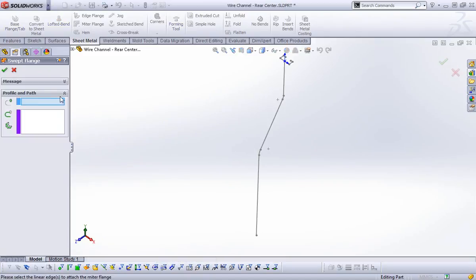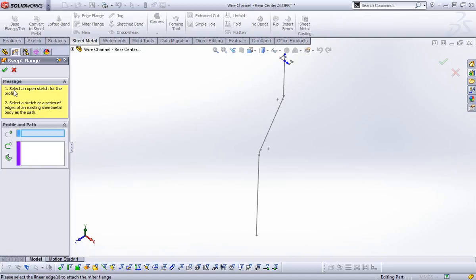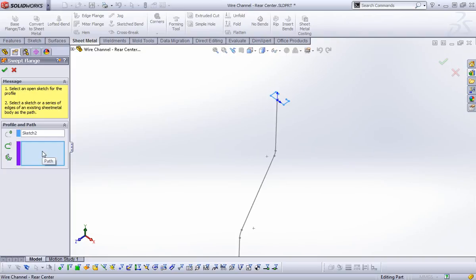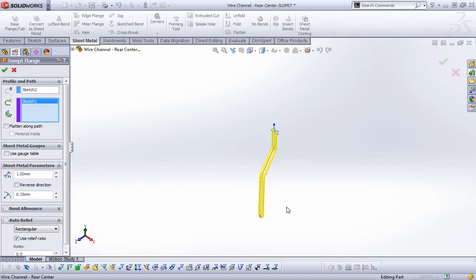So if I go into swept flange, again, the message says select an open sketch for the profile. So I'll select that, and then it asks me to select a path. Now, the path, again, can be a sketch, or it can be the edge of an existing sheet metal part. So for this example, I'm just going to select the sketch that's already predefined. You can see that it gives me a preview, and then some of the other features,